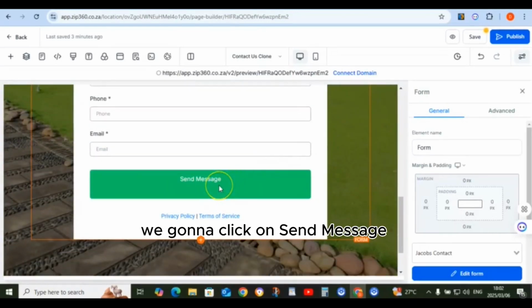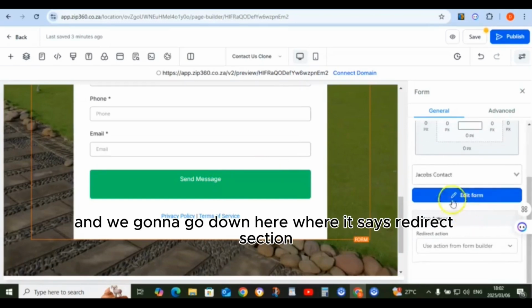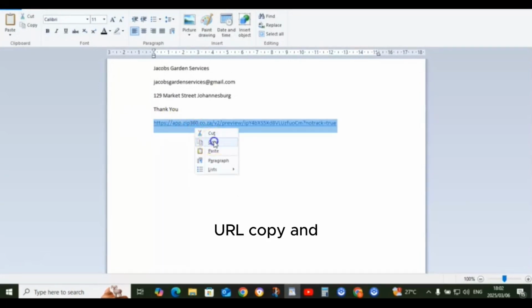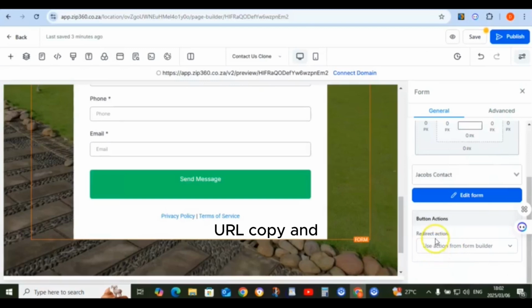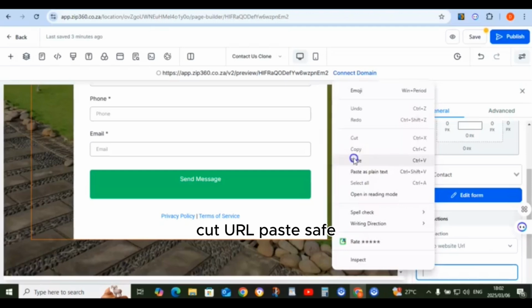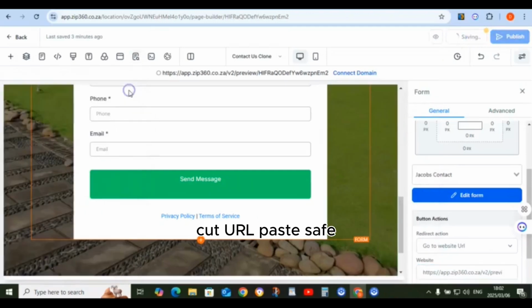And we're going to click on send message. And we're going to go down here and it says redirect section. So we're going to click here on the thank you page URL, copy, and the URL, paste, save.